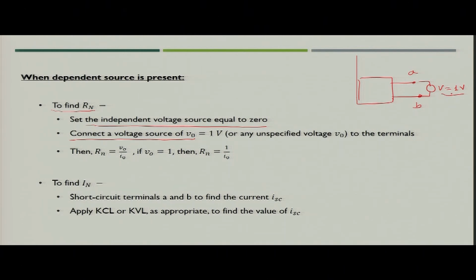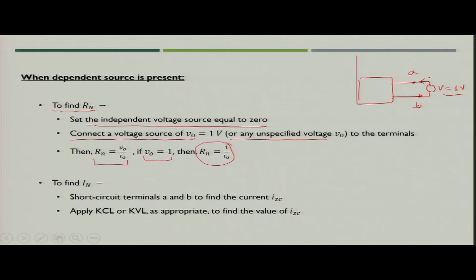Why do we keep 1 volt? Because it simplifies the calculation for finding the value of R n. It is not mandatory that you always keep V equal to 1 volt, you can take any value and solve the circuit. We take 1 volt because it is easier. Now, you can see that we have Norton's resistance as V naught upon I naught. When V naught is equal to 1, it is simply the reciprocal of the current which is flowing